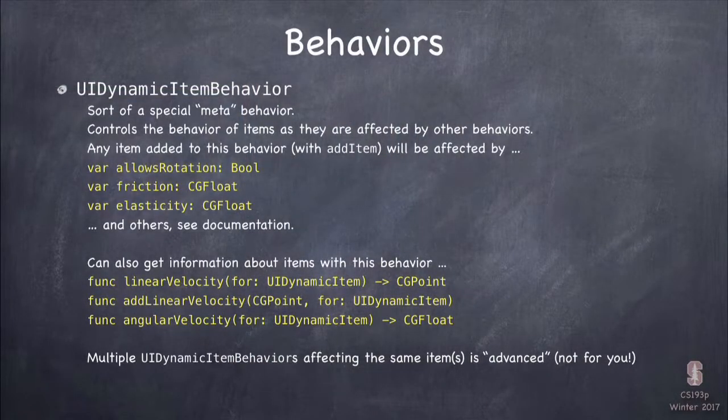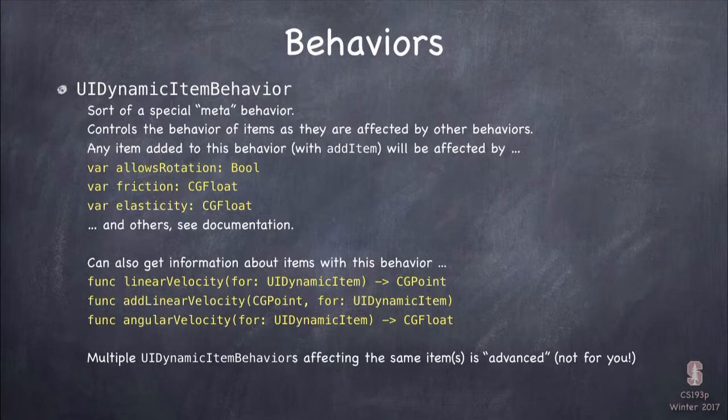There's another kind of behavior, which is kind of a meta behavior called a dynamic item behavior. Dynamic item behavior, not dynamic behavior, dynamic item behavior. And I like to think of this as the physics behavior. This is essentially describing the physics that apply when all the other behaviors do stuff. So this is things like allows rotation. That's saying, if two things collide, should they be allowed to spin off, or do they have to bounce off non-rotated? Friction: after things bounce off each other, or if they're just moving around, do they get slowed down by friction? If you have gravity and there's friction, they're not going to accelerate as fast because they're being slowed down.